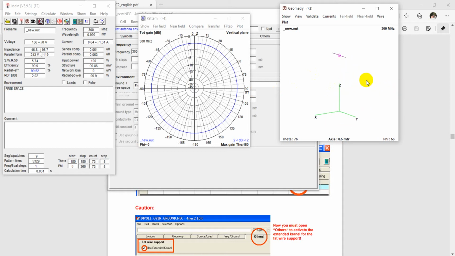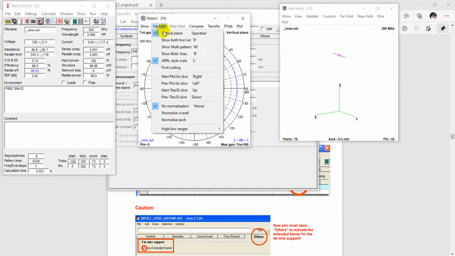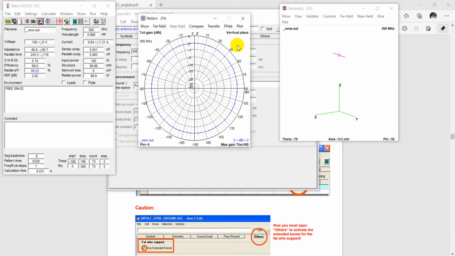You can see this pattern, and here you can see the vertical plane or the horizontal plane by tapping the button or the shortcut key, the space bar. You can tap the space bar, then the horizontal plane is shown, and tap the space bar again to go back to the vertical plane. You can press the